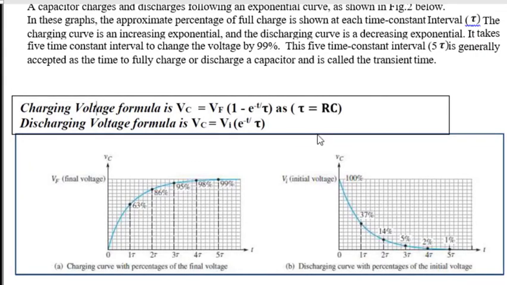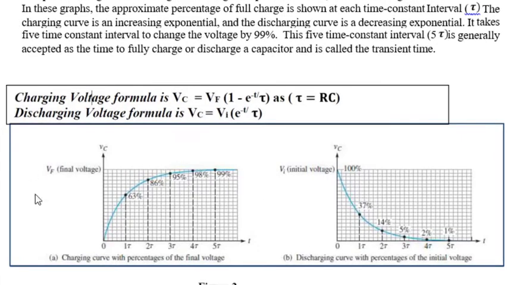What is RC? RC is a time constant. Tau equals RC. Tau is a symbol for time constant. It is shown here on this graph that we are going to prove when we design a real circuit. After one time constant,